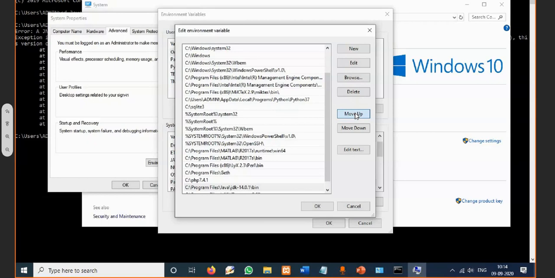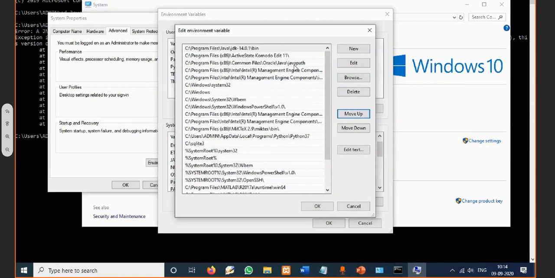Because all the classes which we compiled with a lower version of the compiler can be supported by your higher version. But classes compiled with the higher version will not be supported by the lower version. So for that reason, even if I change this path, the second, this Java Oracle also works because this is a lower version, whereas what I'm setting in the path is the higher version.